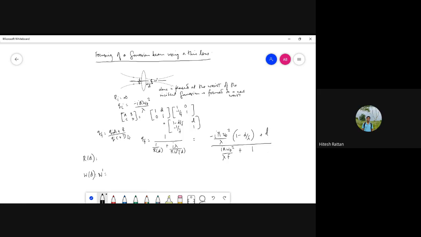I'm considering lambda to be a parameter. But then there is a multiplicative term here also, right? If you multiply by lambda, then this one goes, but there is a d into lambda here. That is the real thing. This term goes away because we have put lambda equal to 0.